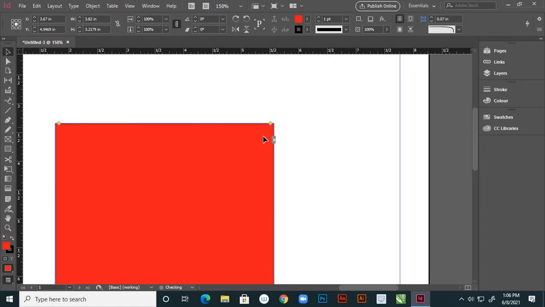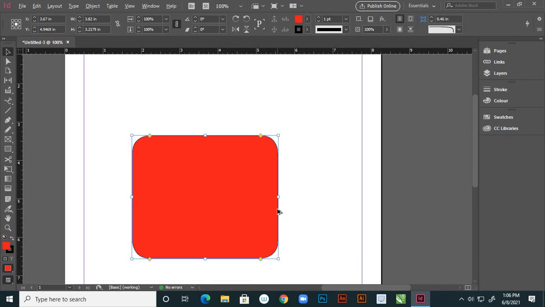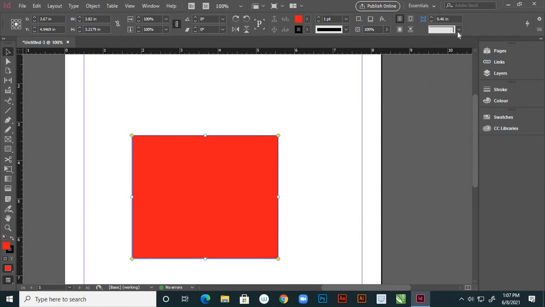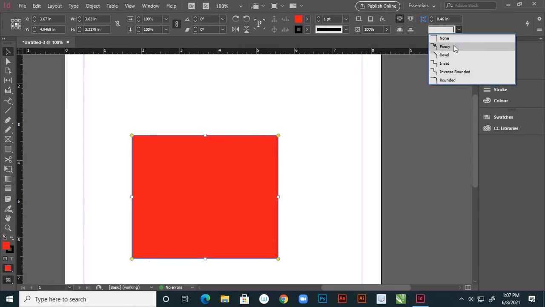Suppose you drag inside, the corner points are changing, right? Both sides change equally, because in the control panel, or options bar, check here, the options are: this is none, and here it is fancy.